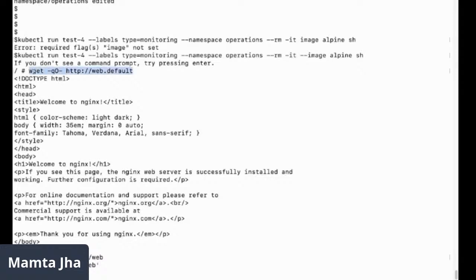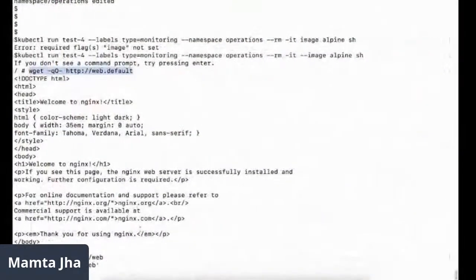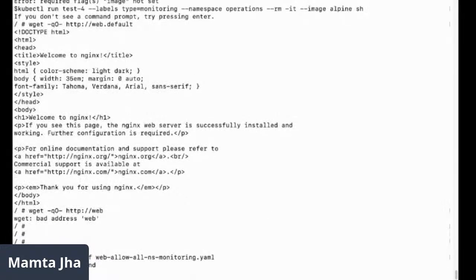Nothing exists there. But web.default is the one which actually exists, and we had applied the rule to it in the default namespace. And we are able to communicate with it. So these are some of the examples with respect to the ingress traffic.